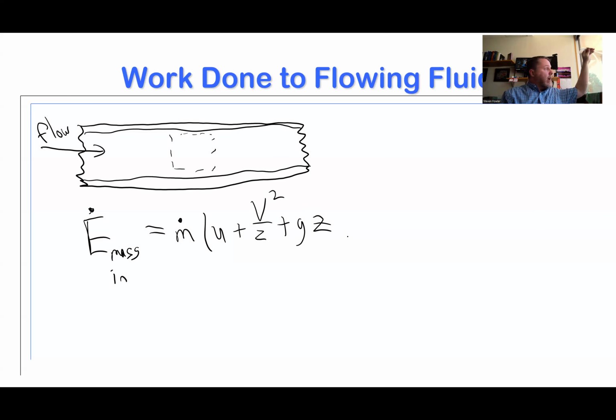Very high-tech demonstration device here. I'll normally have this out in class. I've just got a clear tube here with some water in it, and I'll hold this up to the class and say, is the water in here flowing? Is this water flowing right now? It's not a trick question. Is the water flowing? No, it's not flowing. And as long as I hold it good and still, it's not flowing at all.